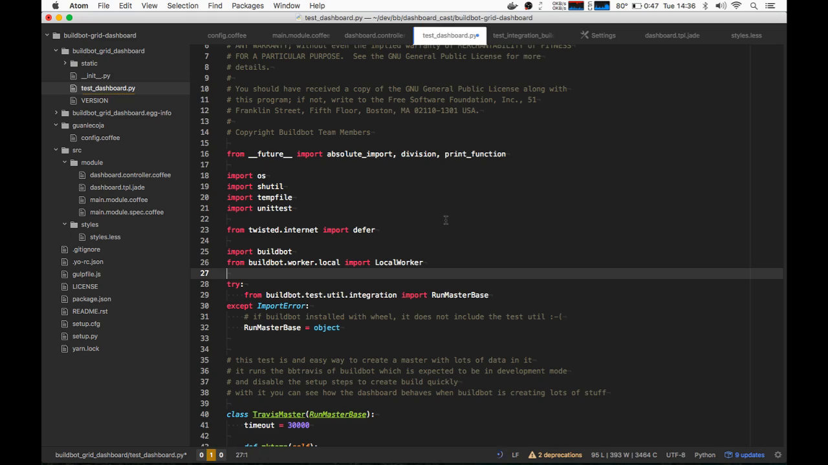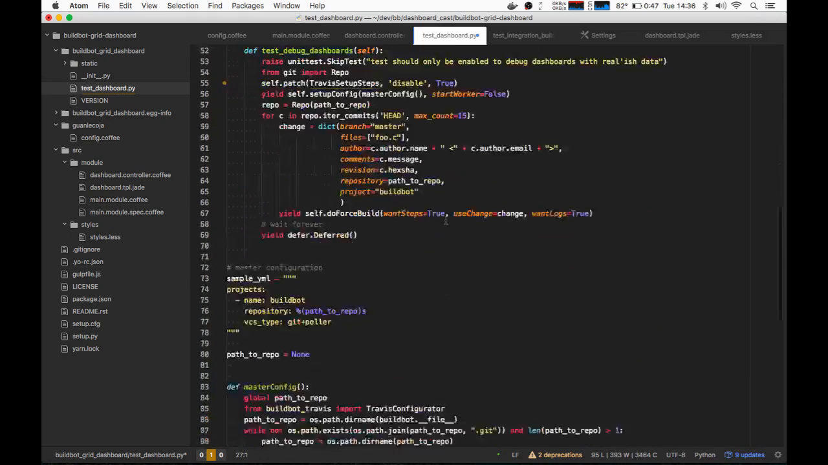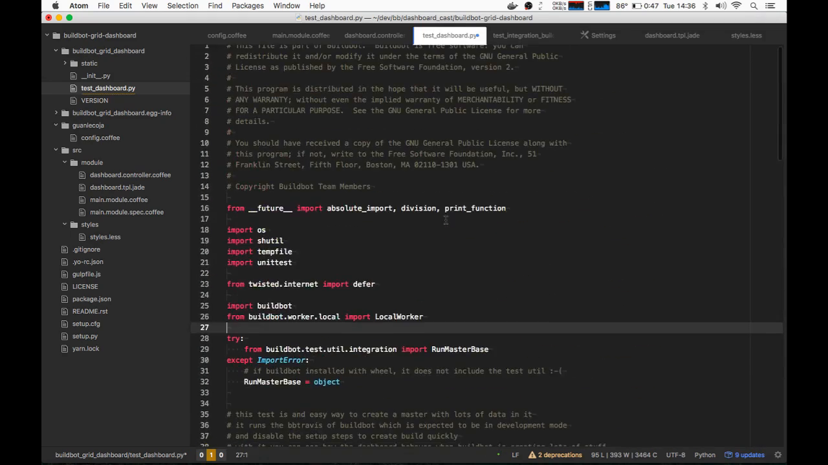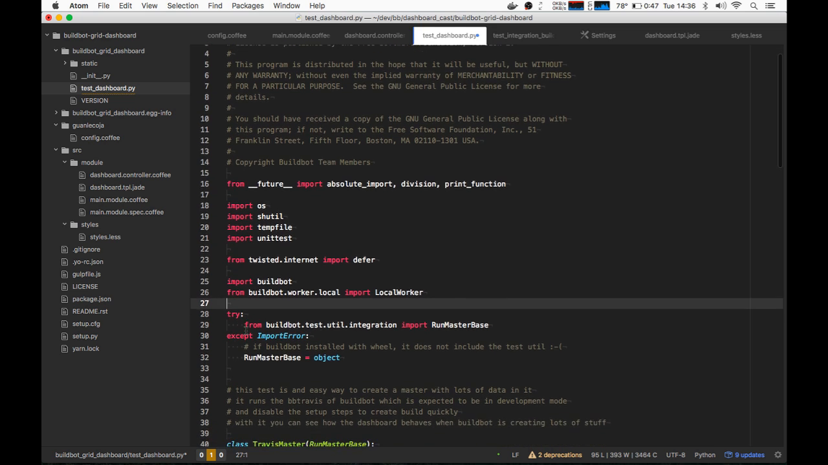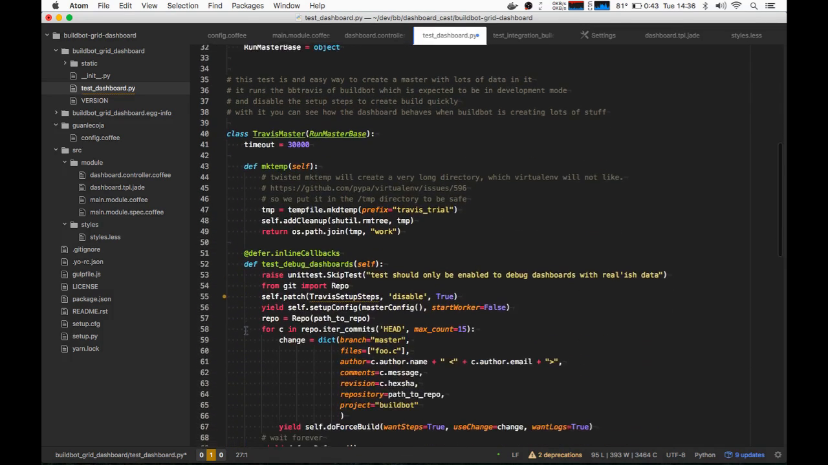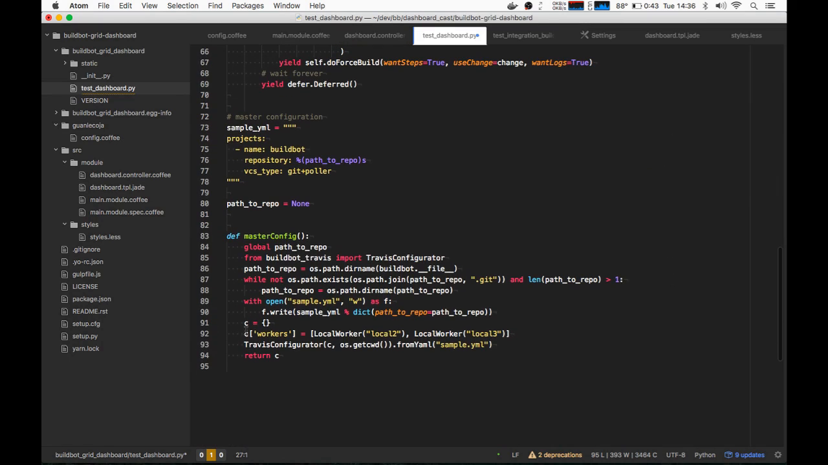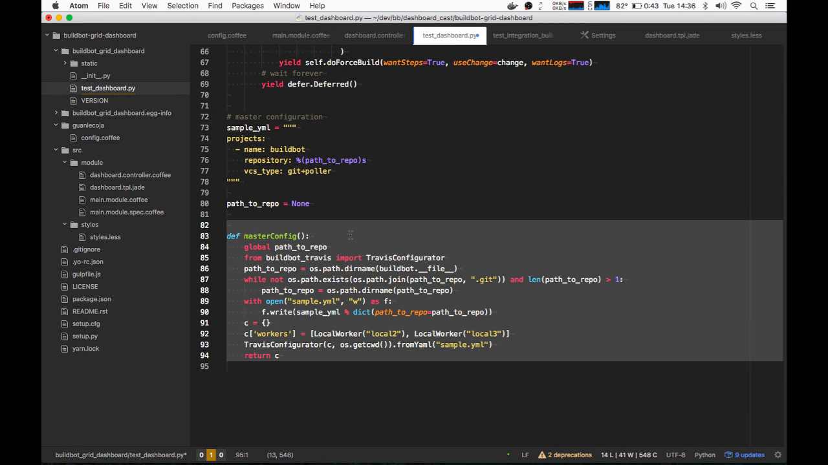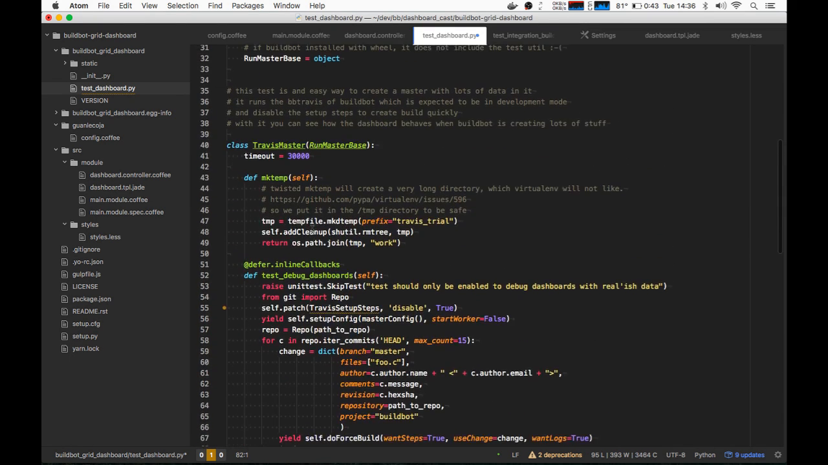So this is based on the integration tests that we have in Buildbot, which are very handy to develop, to test Buildbot itself, but it's also handy to create an automated master that just opens the UI and does everything needed. So here you have the master config, and then